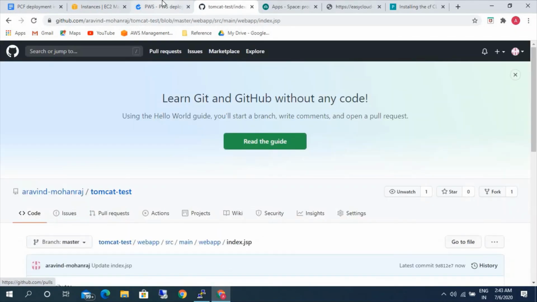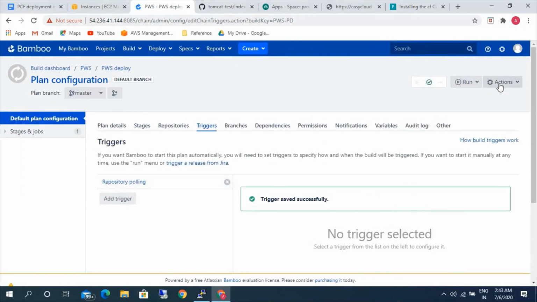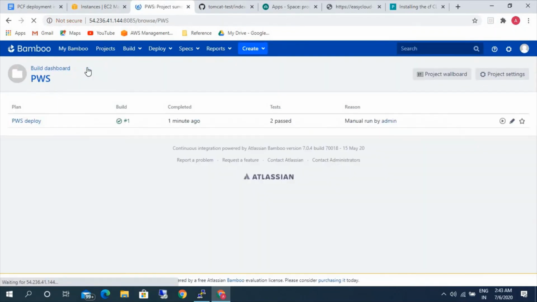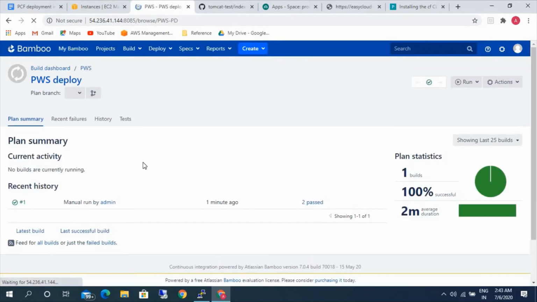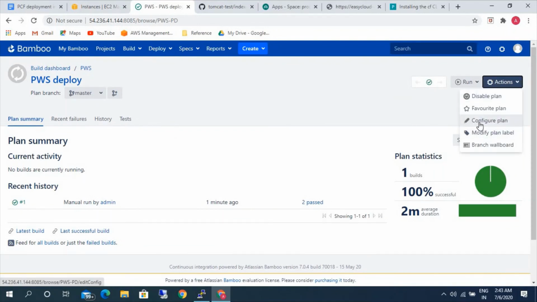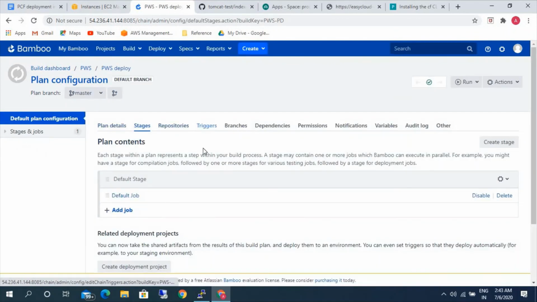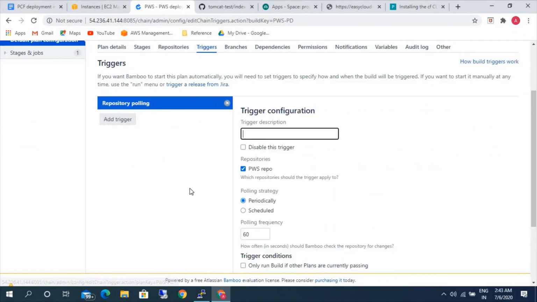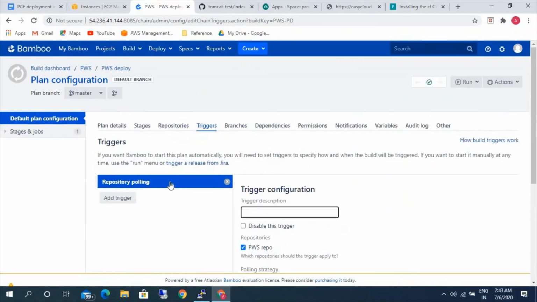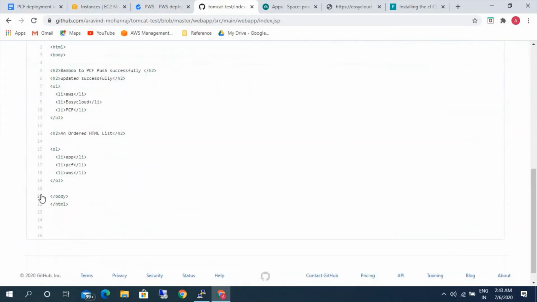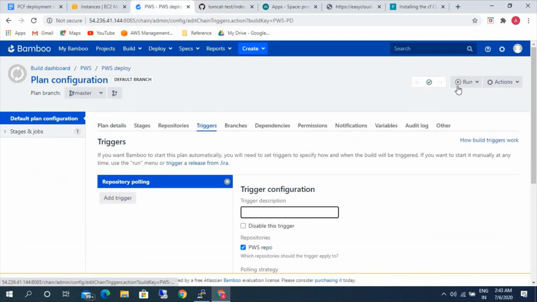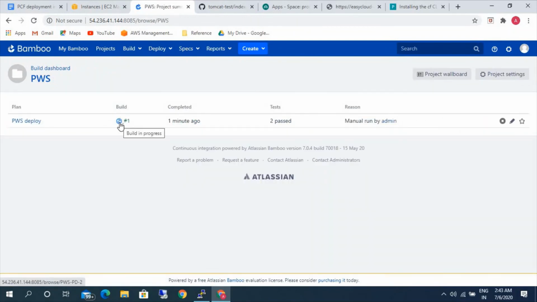So this will trigger our Bamboo plan and it will also update our application. Okay, it's triggered now.